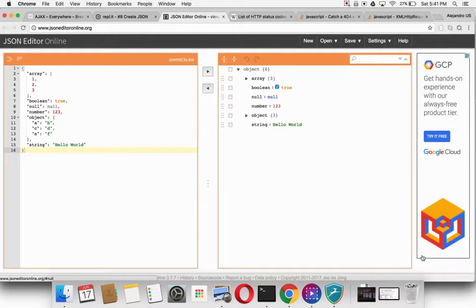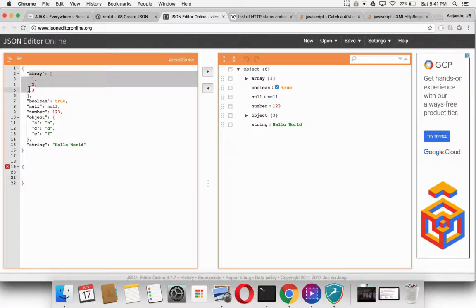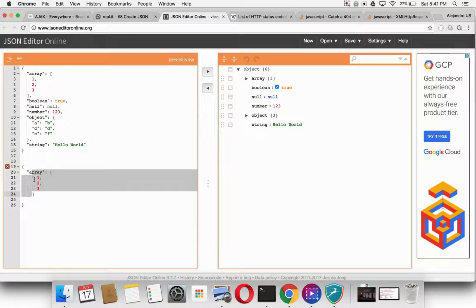Okay, got it. So our JSON is going to have one array of colors. Let's say that our colors are gray and red. Instead of having 3 numbers here, let's have colors. Gray, red,